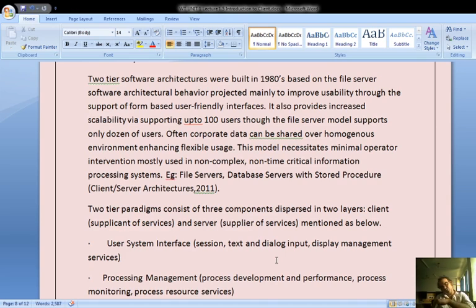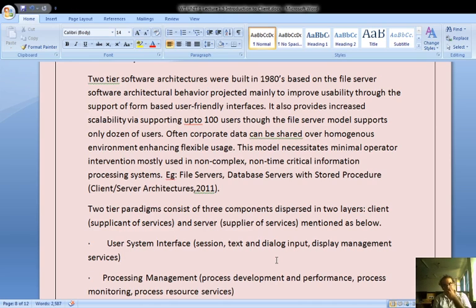In this 2-tier client server model, we are able to get 100-plus users. But in the file sharing models, we can only have a dozen users because it all depends upon the protocols we are working on. So in the client server architecture, we can go for layered protocols, but here we can't go for layered protocols for the service.